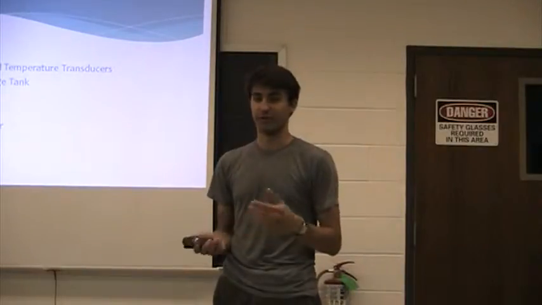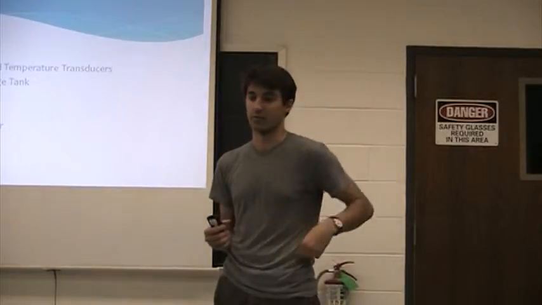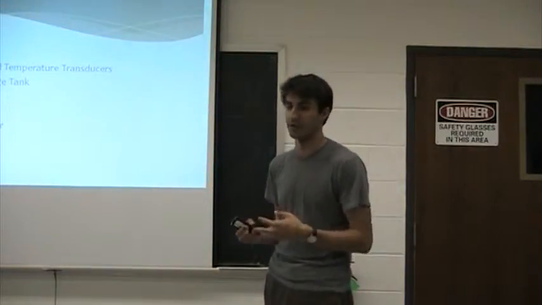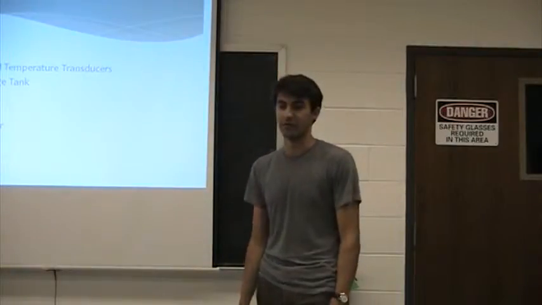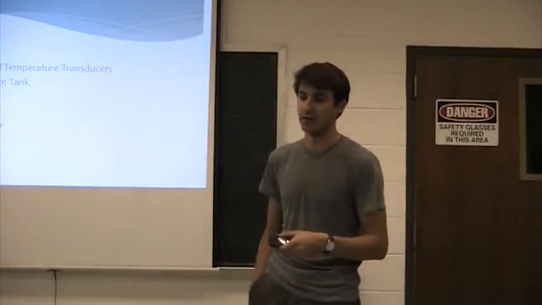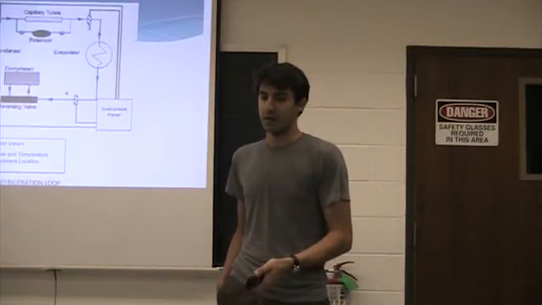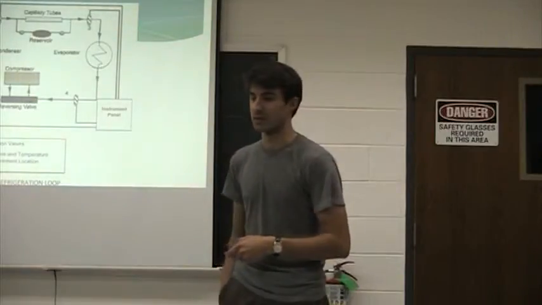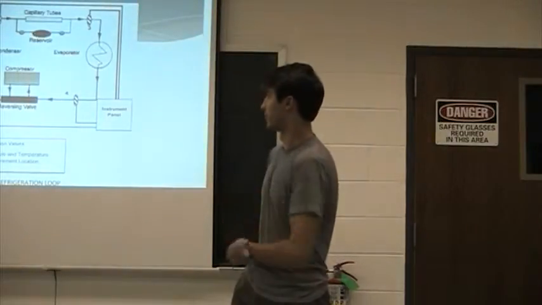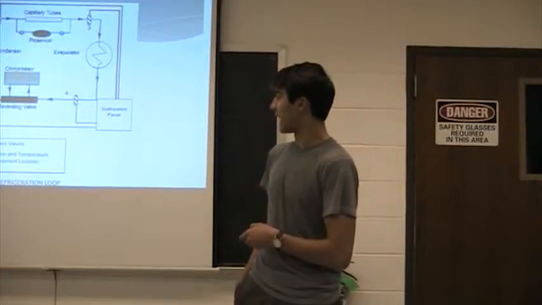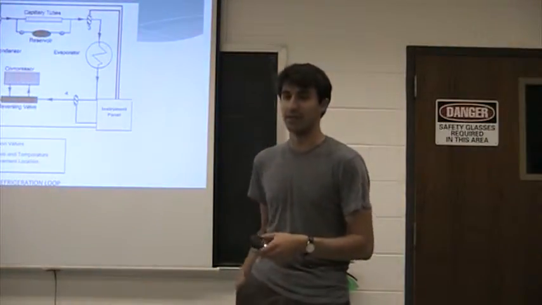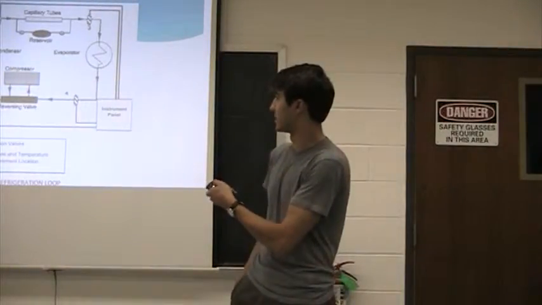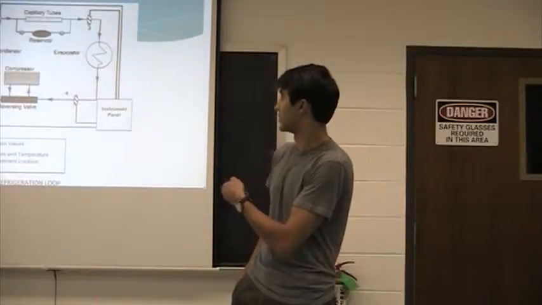We'll be using Freon and a Freon storage tank as our working fluid, and for measurements we're using a psychrometer and an anemometer. The psychrometer measures the relative humidity, and the anemometer measures the wind speed coming in and out. So this is our overall apparatus I'll be working with. Like Thomas said, we have the reservoir where we'll be putting in Freon, and I have another diagram that shows the refrigeration cycle in general, but this follows the basic cycle with the condenser going through the calculations and into the